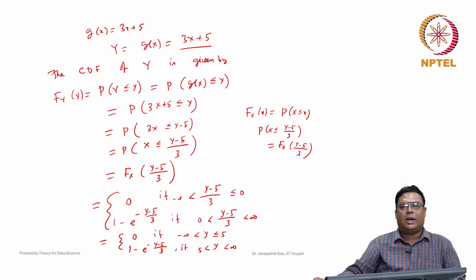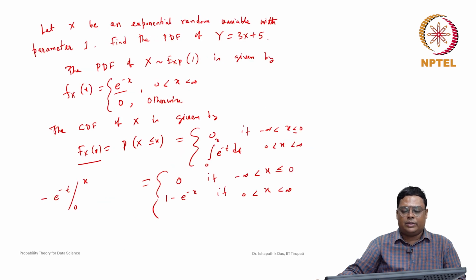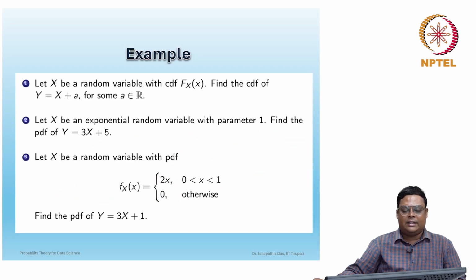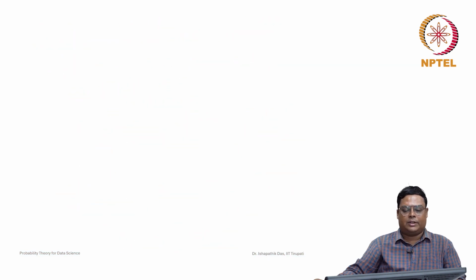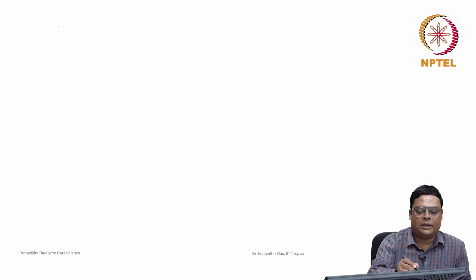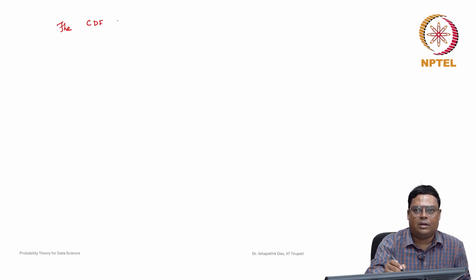So here, using this, x is known, so we are taking the transformation. But in this question you can see that it is asked that x is an exponential random variable with parameter 1, find the probability density function of y equal to 3x plus 5. So we have to find the probability density function. So now we found the cumulative distribution function. So let us write down this cumulative distribution function. The CDF, cumulative distribution function of y, is